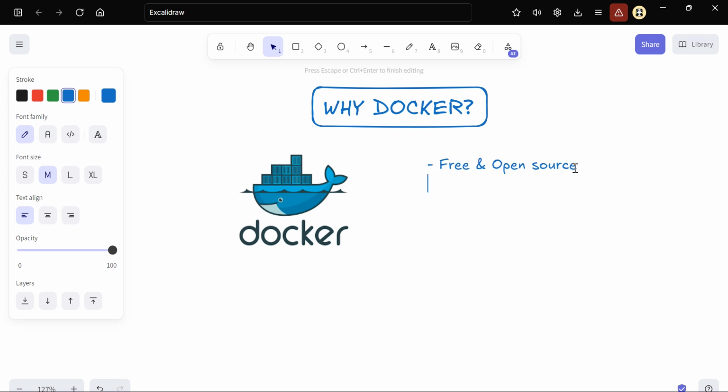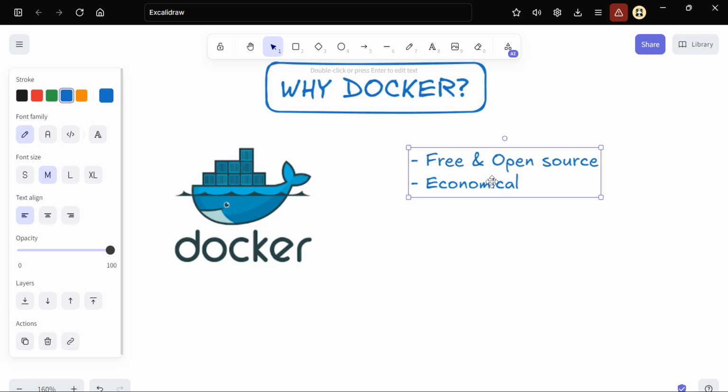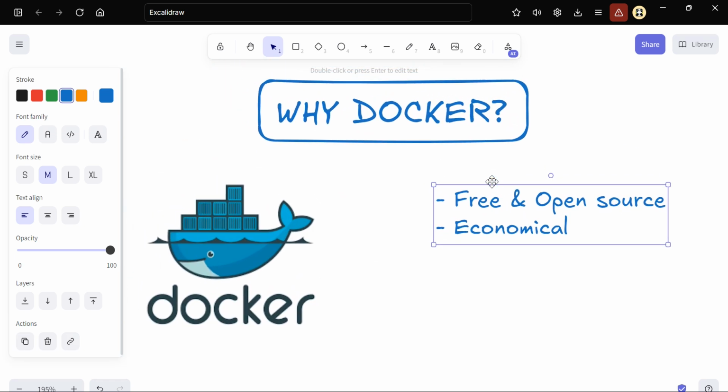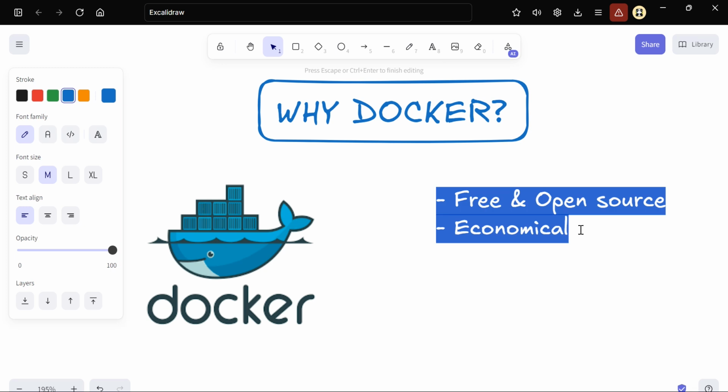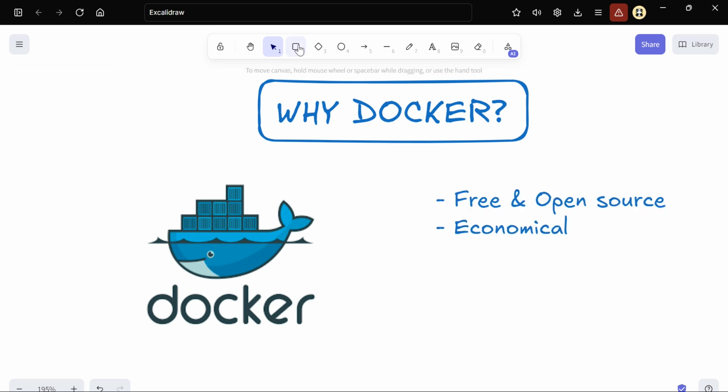Second thing, it is economical. That means that you don't have to download additional operating systems, which are not available for free, right? And that would consume sizes in GBs. So that is the reason why Docker is economical, because all you have to do is create